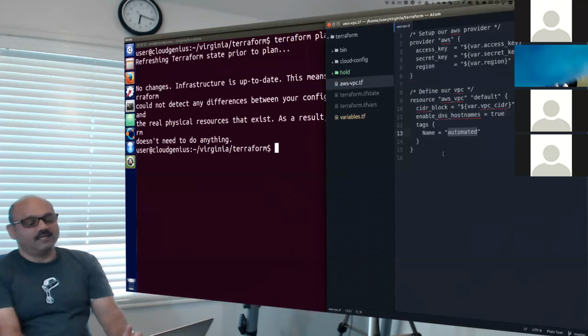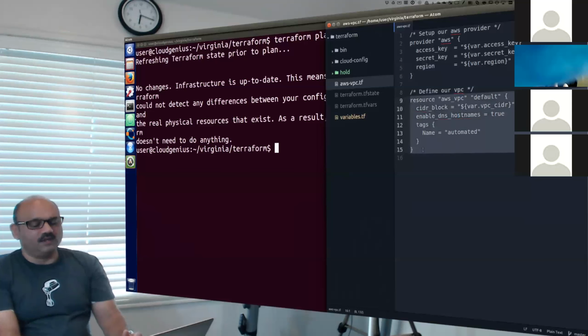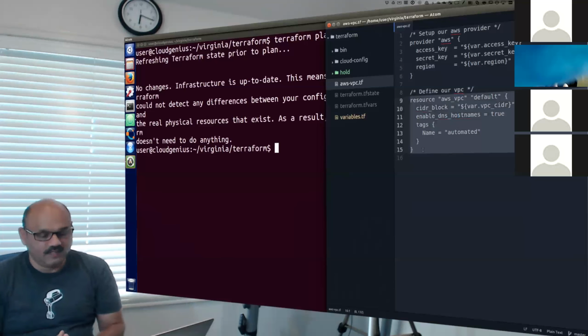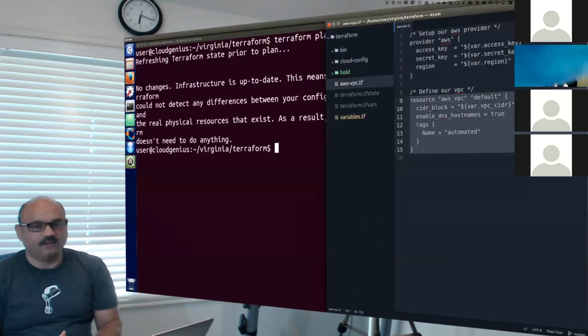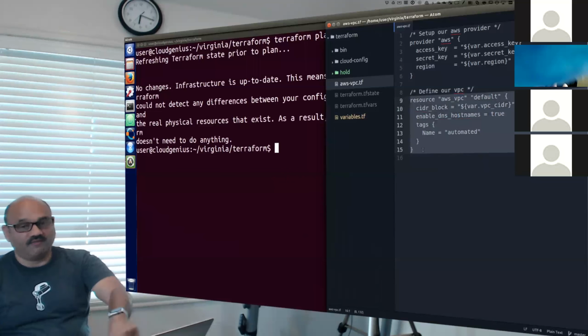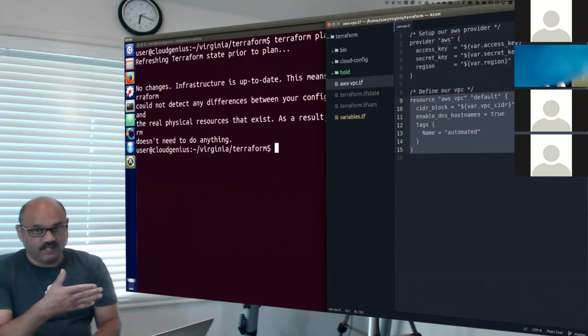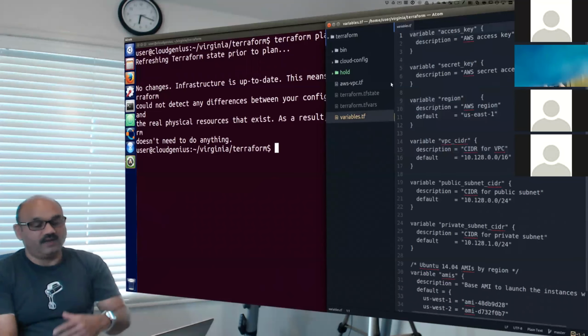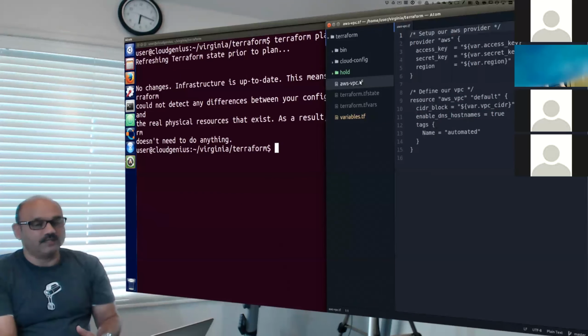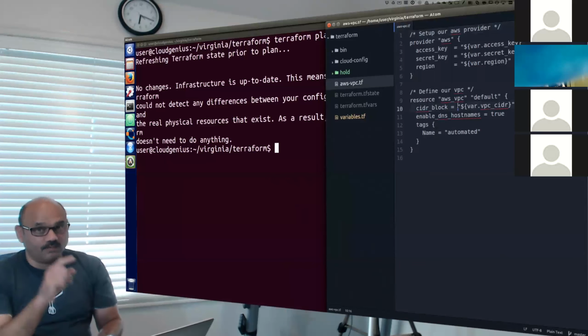So basically this segment, from line 9 through 15, says create a VPC by the name automated and choose the values I have defined in the variables file. So in our variables file, which is the other file there, as you see, this file is where we define the variables. But then in this location, we are saying, go create a VPC. Call it automated, by the way.